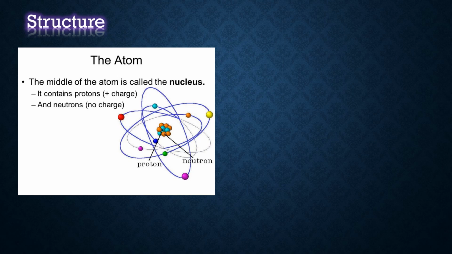Now you can understand the charges of the neutron, proton, and electron. The neutron has no charge, but the proton has a plus charge. So only in the center do we have a plus. When the plus charge is in the center, the opposite sign revolves around the center: the electron's charge is minus. Never forget: the neutron has no charge, the proton has a plus charge, and the electron has a minus charge.